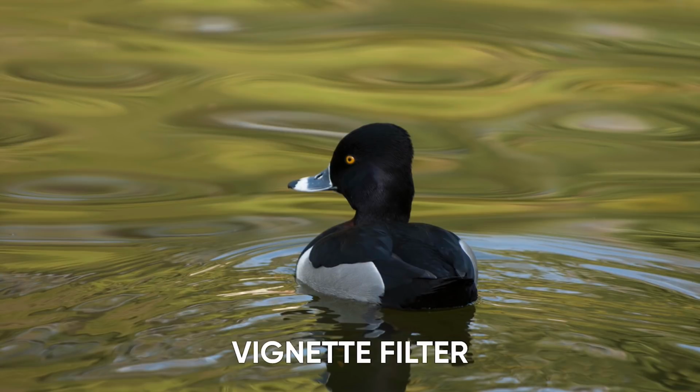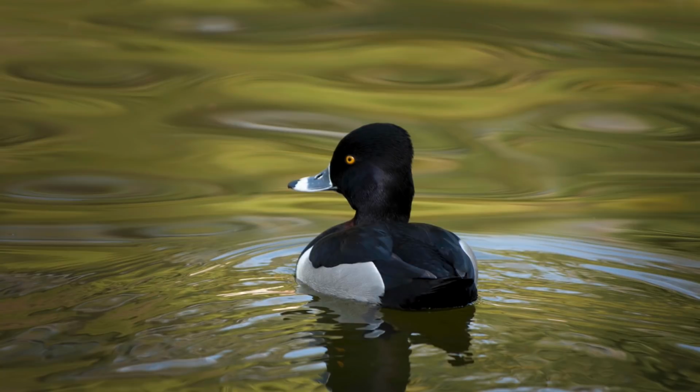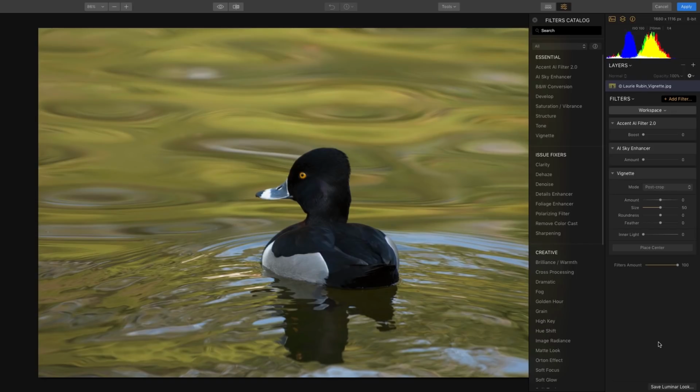The vignette filter is a great way to highlight your subject. By adding just a little bit of darkness around the edges, you can really bring the viewer's eye into your subject. But what's even better is that we have so much control in this particular vignette filter. So let's go ahead and take a look at some of the things that we can do to enhance this